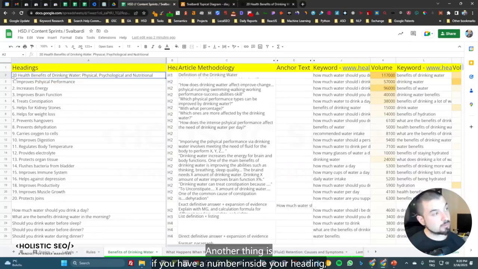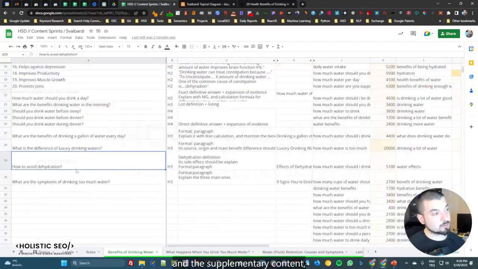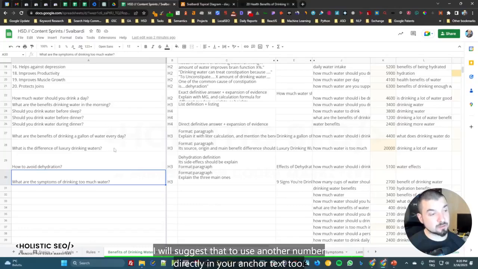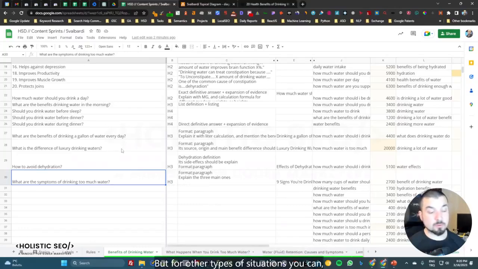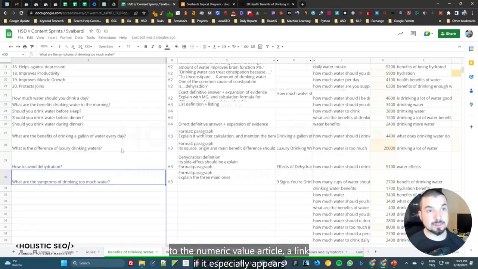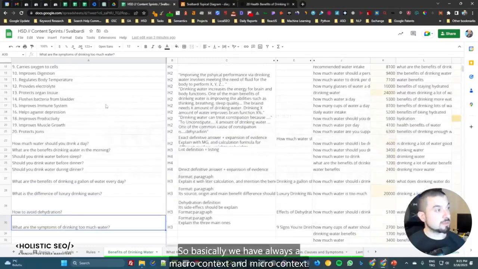Another thing is, if you have a number inside your heading, and if you are able to use an antonym of your context here in the supplementary content, I suggest you use another number directly in your anchor text too. But for other types of situations, if it doesn't appear that much inside the queries, you can sometimes skip the number section. But most of the time, from a numeric value content to a numeric value article, a link, if it especially appears in the queries with numeric values, helps for further ranking. So basically we